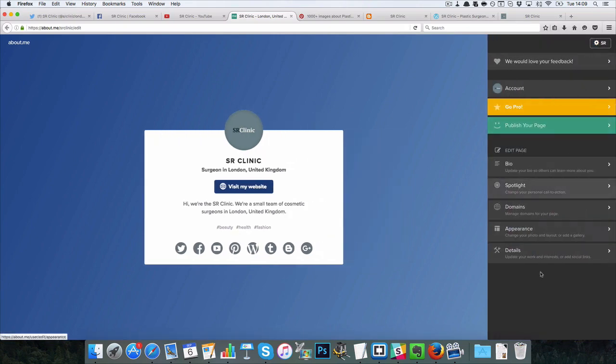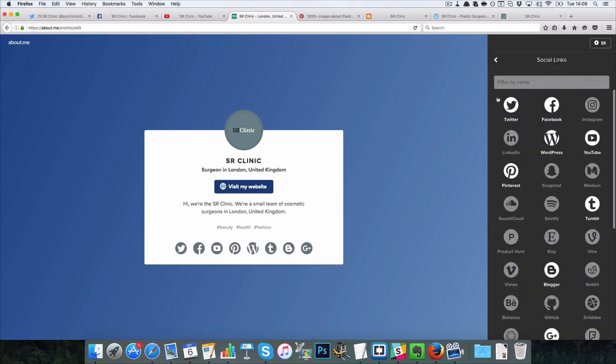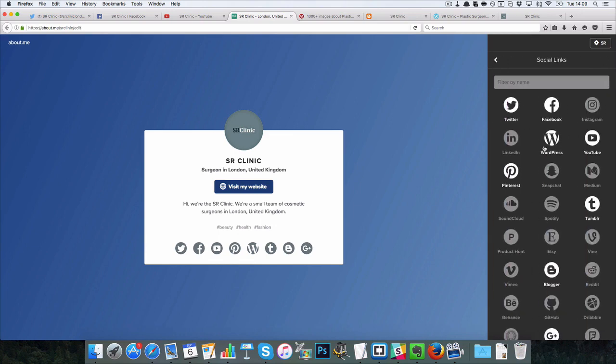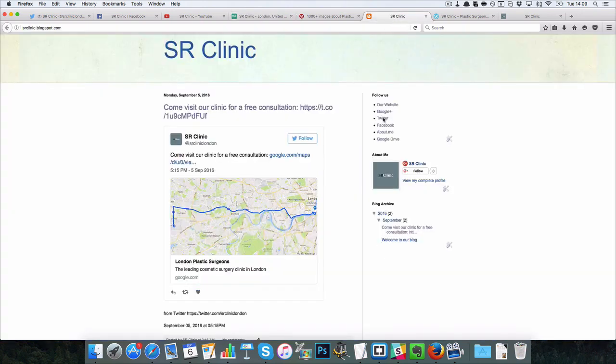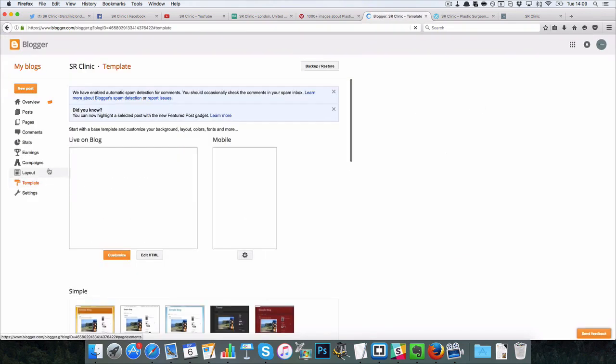At about.me, I went into details and then into social links, and then I just connected stuff. So I click Twitter, and then you set a link there, and Facebook, and you set a link there. That's pretty much how it is for all of these. For Blogger, I had to go into the admin settings, which, how do I get there now? Design maybe, and go into the admin area, and